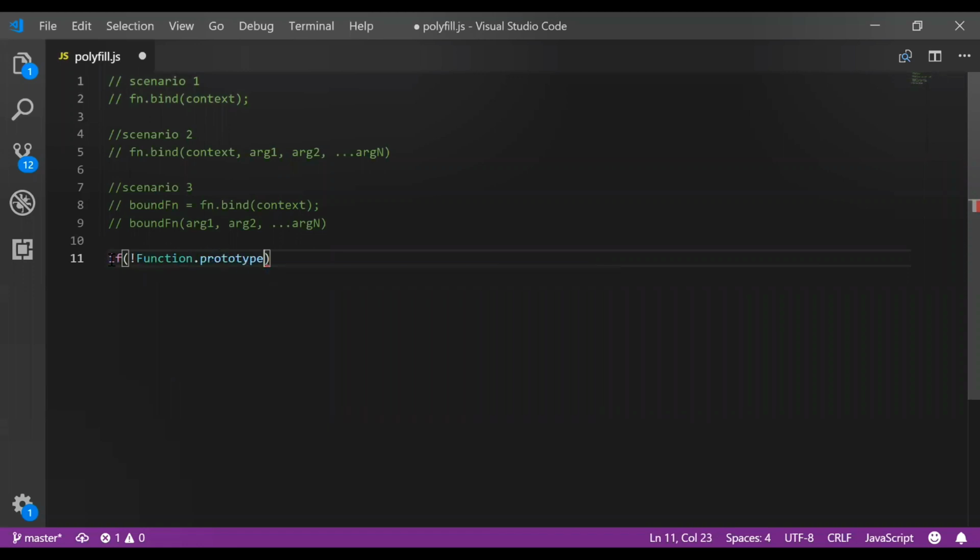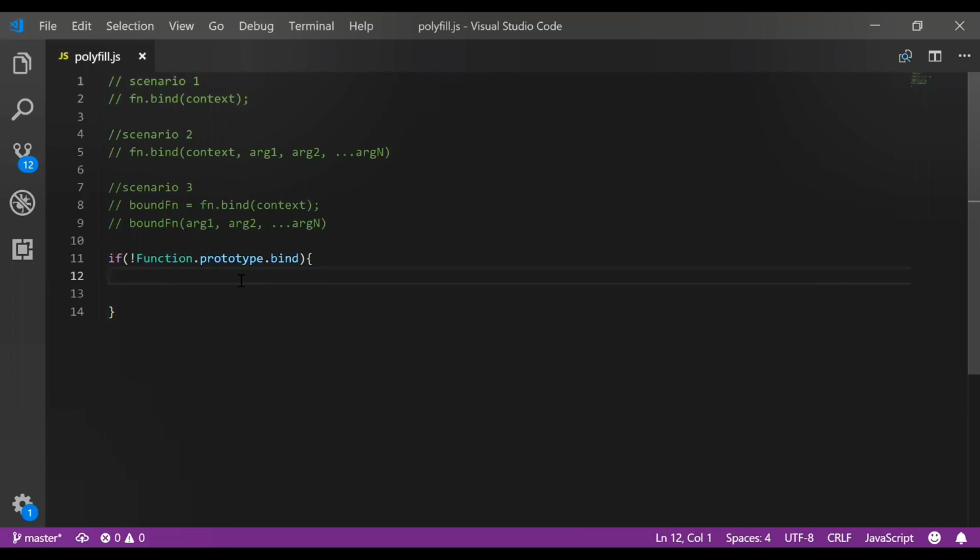This line will check if the bind method already exists in the function prototype chain. As you all know, modern browsers support bind, but old browsers do not. So this line checks whether the bind function is already defined, because we do not want to override it.